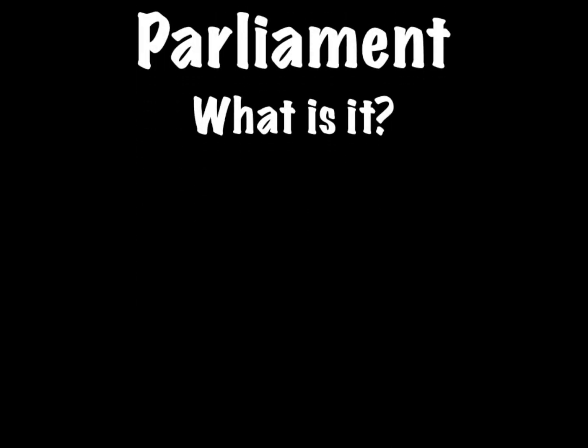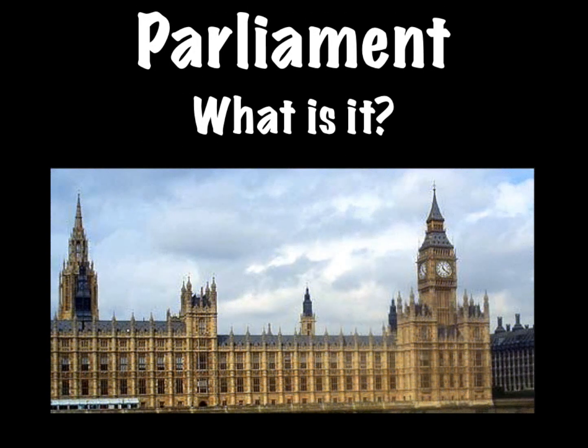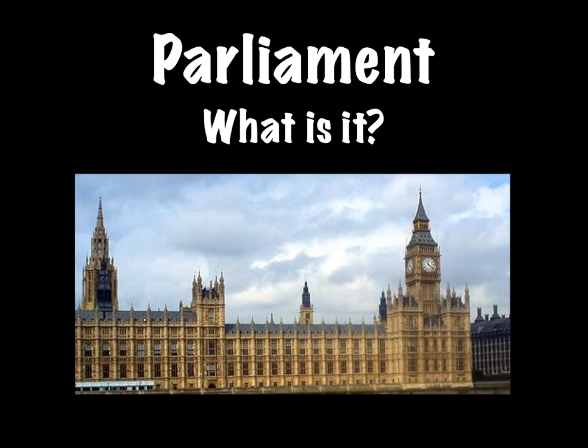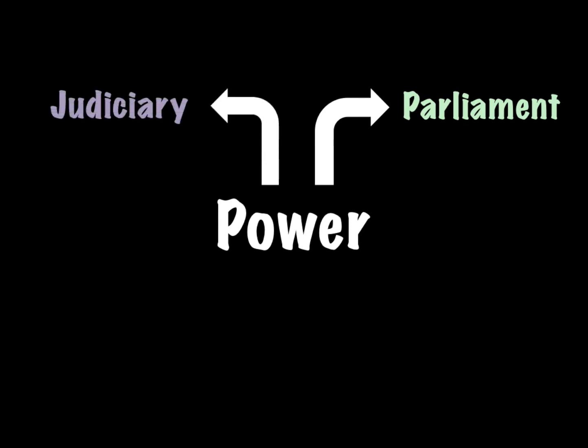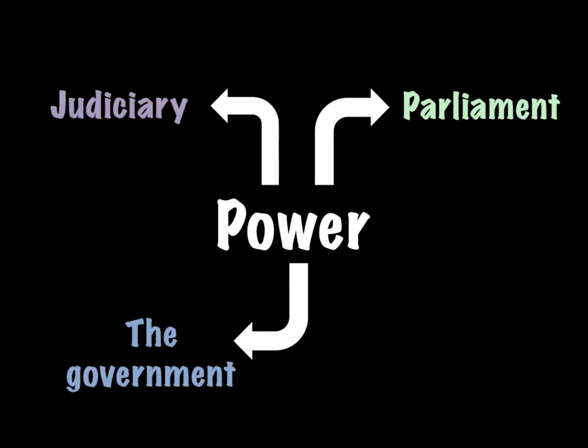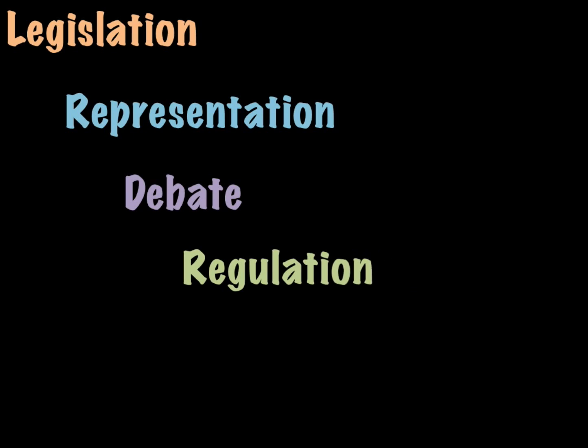So this video is about Parliament. What is it? Well, there are three branches of power. The legislature, which in the UK is Parliament, the judiciary, which is the judges, and the executive, which is the government. Now, Parliament has six functions: to pass legislation, to represent the people and their parties, to debate issues of national importance, to regulate the judiciary, which is the judges, the training ground for the government, and to legitimise the